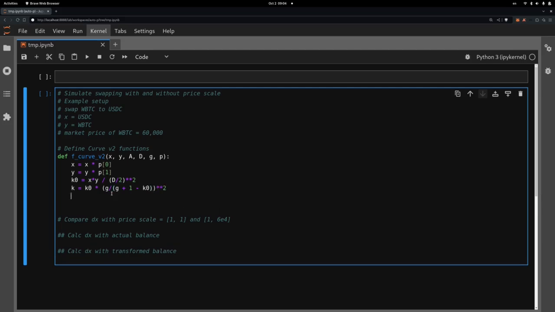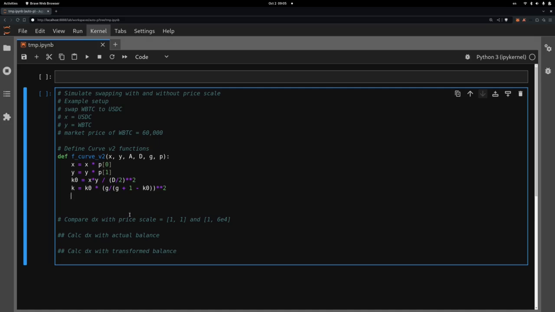Okay, then on to the Curve B2's equation. You might be accustomed to seeing the Curve B2's equation with a left side of the equation and a right side of the equation. We will move the right side of the equation over to the left side so that the right side of the equation is equal to 0. And we'll need to do this so that later on we can use some advanced math to solve for